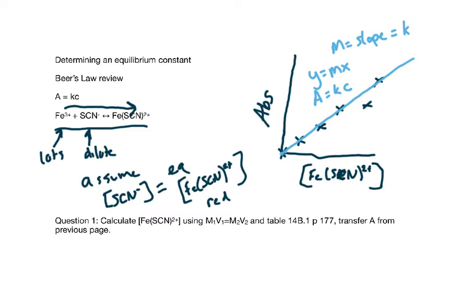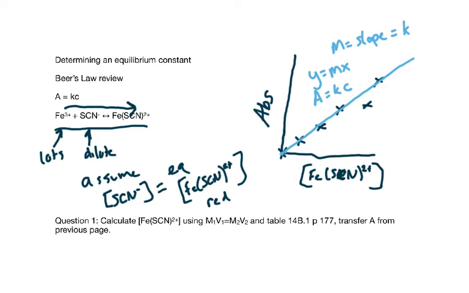And you're going to need that lowercase k, that Beer's Law constant, in order to calculate the concentrations to get your equilibrium constant. So the first part of this lab, you're making solutions, driving your equilibrium to the product side,